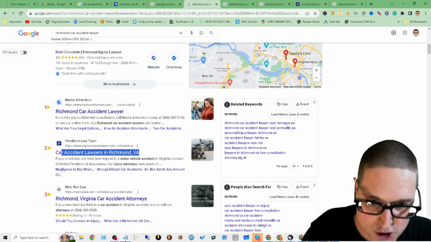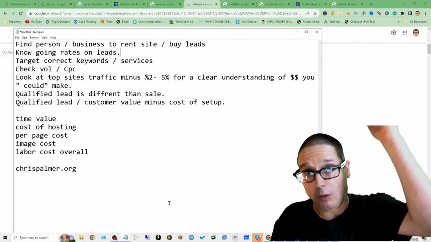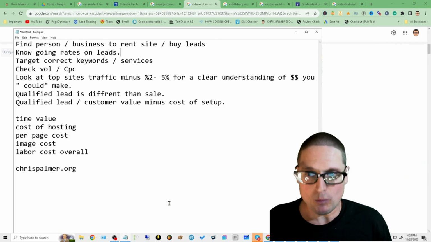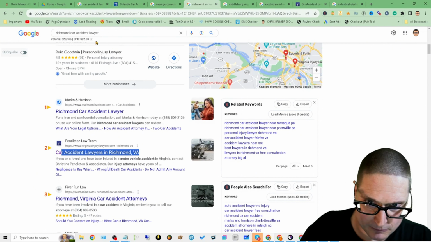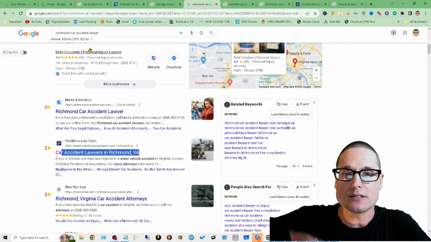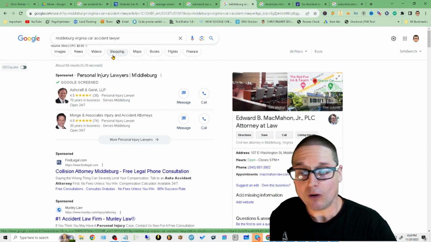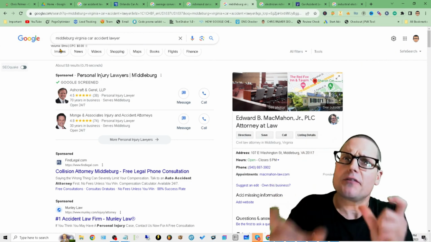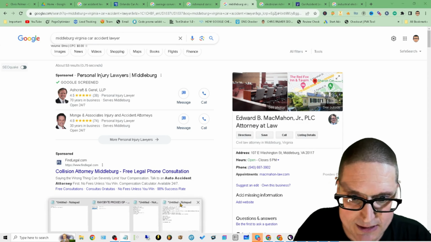So what we want to make sure of is we know what the lead value is. We want to know that we can sell the leads, what the leads are worth, and what the volume and the CPC is. On top of that, we want to make sure we're targeting the right services in the right areas. For instance, Richmond is one of the largest cities. I'm not saying target the biggest, but you don't want to go for something like Middleburg. Middleburg has 700 people, and the CPC and the volume, you can tell, right? Target areas where there are actually people looking. Do your homework first is what I'm getting at. All right, so let's move on to the next one.